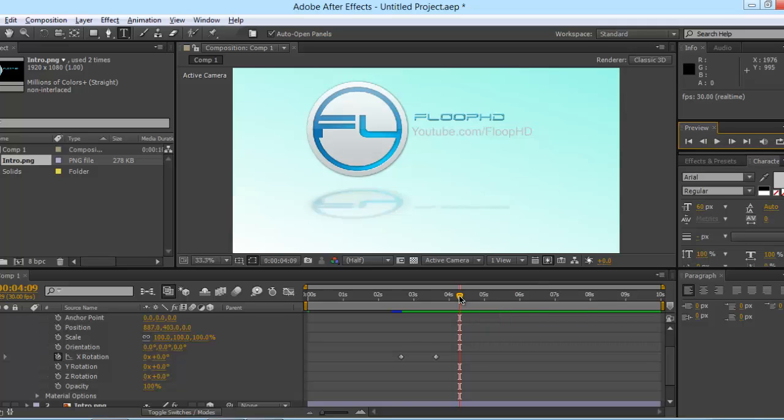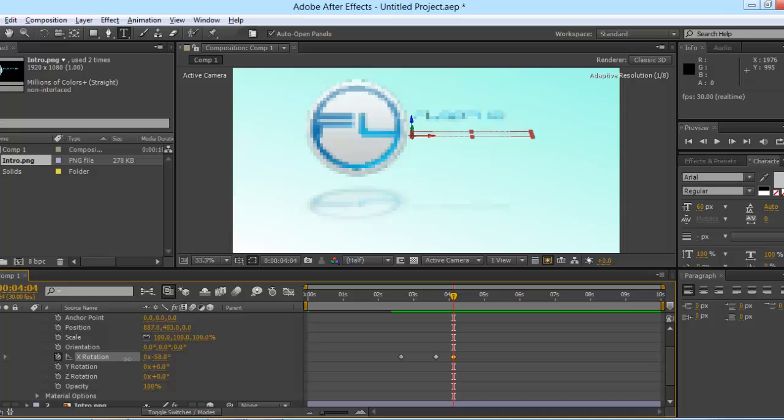Now you might want to mess around with the keyframes just to make this look a little bit more professional, depending on what you're actually trying, you just want to see how this looks. So now it kind of pops up. We might want to have it kind of drop down or something like that. And I could go a little bit farther and I could kind of make it swing. So I could do that by that, and then